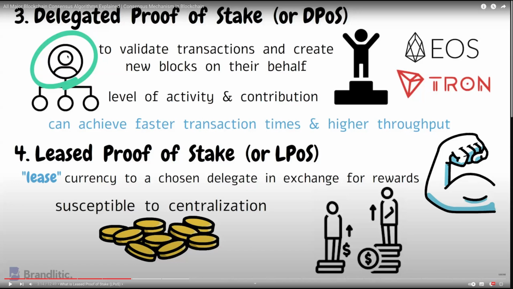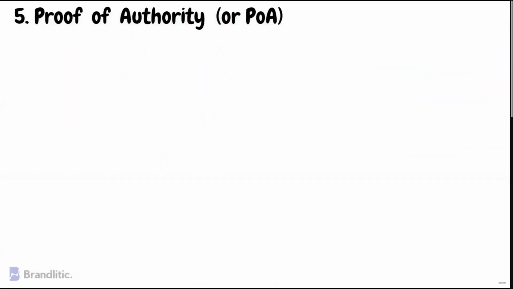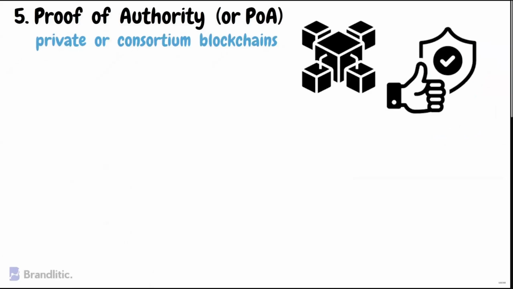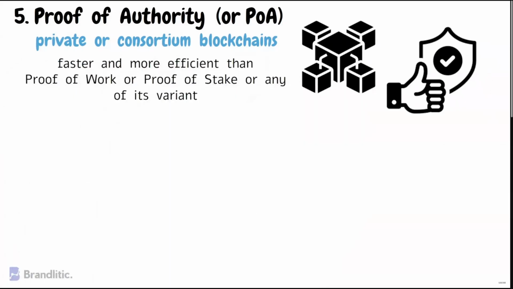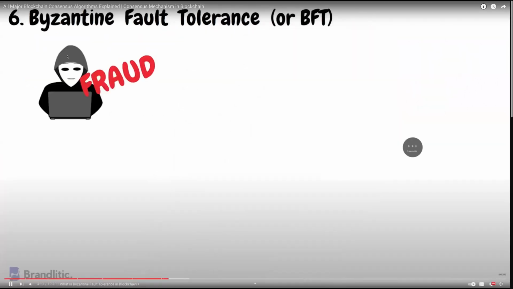Next, number 5, proof of authority or PoA. Now, this is a consensus algorithm which is primarily used in private or consortium blockchains, and in a nutshell, the validators in this network are known and trusted individuals who are authorized to validate transactions on the network. If seen from a performance perspective, this algorithm is faster and more efficient than proof of work or proof of stake or any of its variants. But in doing so, it sacrifices decentralization, which in a way is one of the crucial fundamentals of blockchain technology. Further, if you want to understand the difference between proof of stake versus proof of work versus proof of authority on a more detailed level, I will recommend you to watch